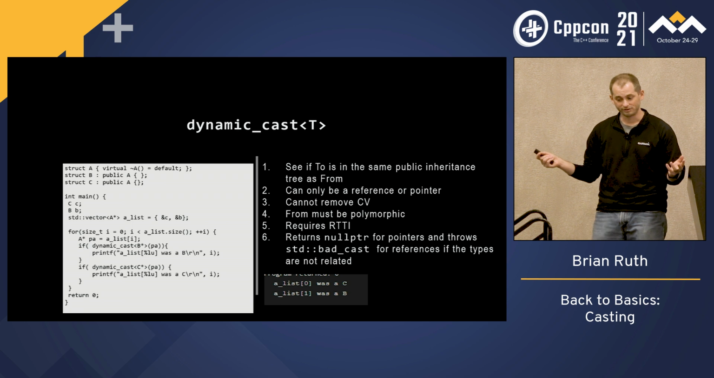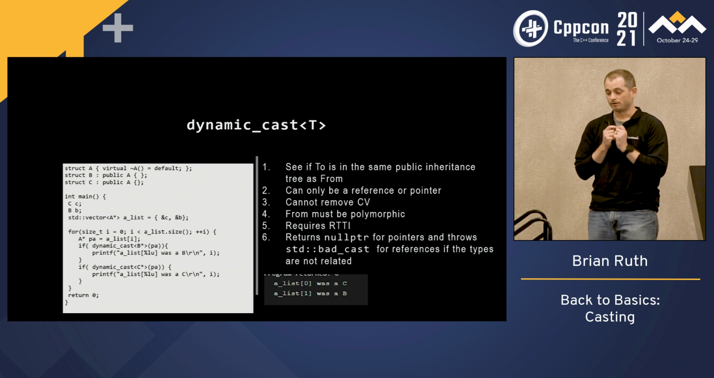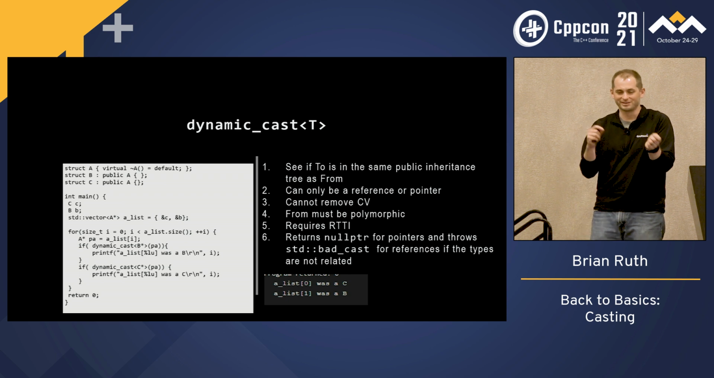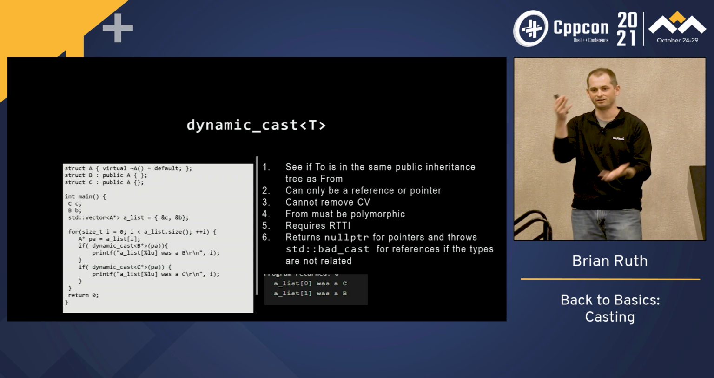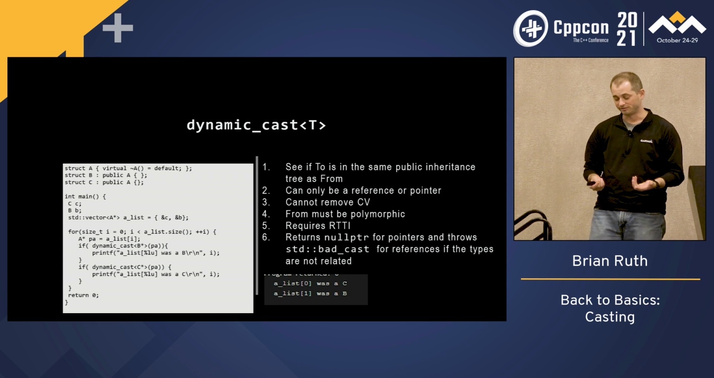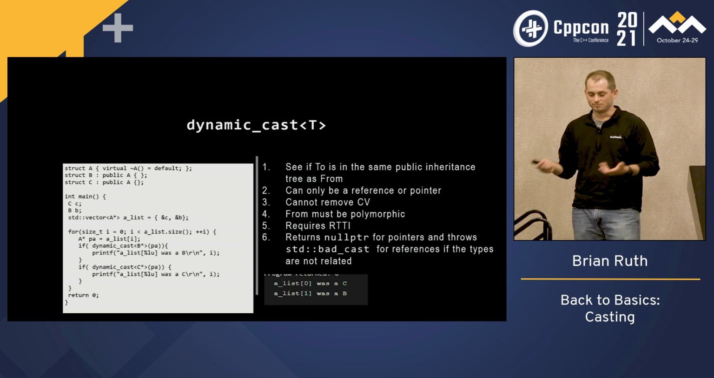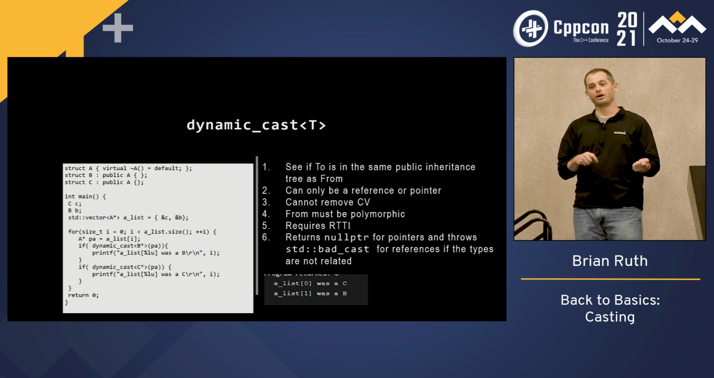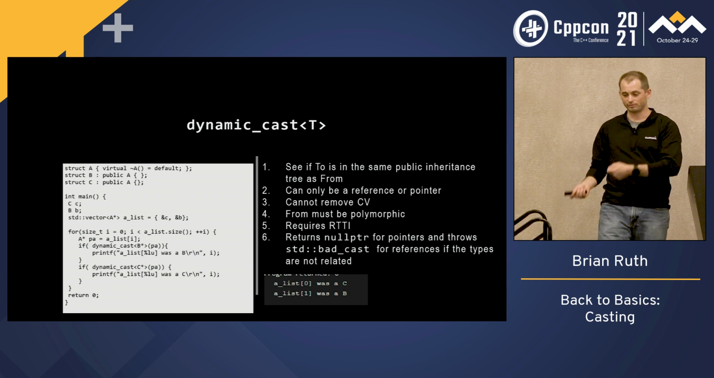Again, you cannot remove CV. The thing you're casting to must actually be polymorphic. So if it doesn't inherit from anything, there's no inheritance hierarchy to traverse, so it's not going to compile. It requires RTTI. The way systems without RTTI handle it is going to vary based on the compiler. And if you're casting to a pointer, it returns a null pointer, and if you're casting to a reference, it throws